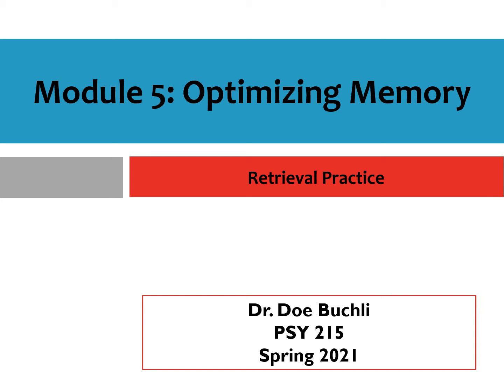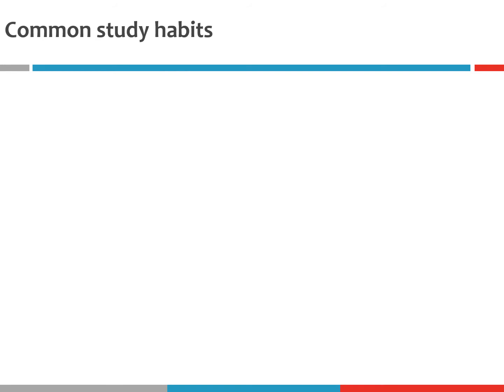So what we're going to talk about in this particular video are the benefits of memory retrieval as a mechanism for optimizing memory. We're going to talk a lot about retrieval practice. But before we get started with our discussion of memory retrieval as a method of optimizing your memory performance,